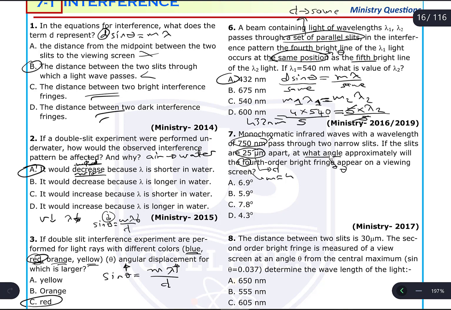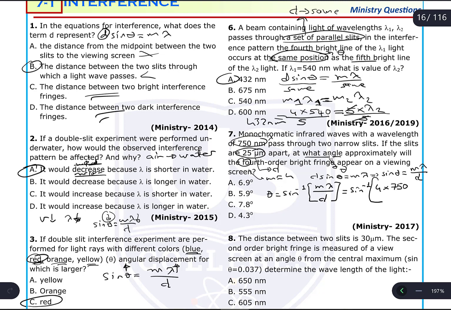I'm going to use the equation d sine theta is equal to m lambda. We know that sine theta is equal to m lambda divided by d. Then theta is going to be sine inverse of m lambda divided by d. Okay, let's calculate it. M is the fourth order bright fringe, 4. Lambda is